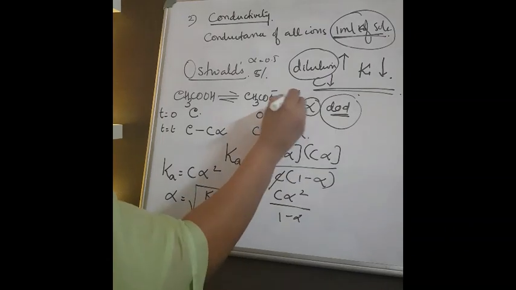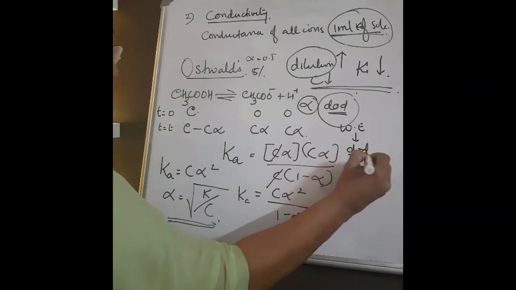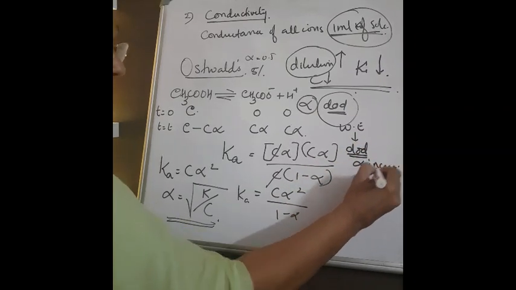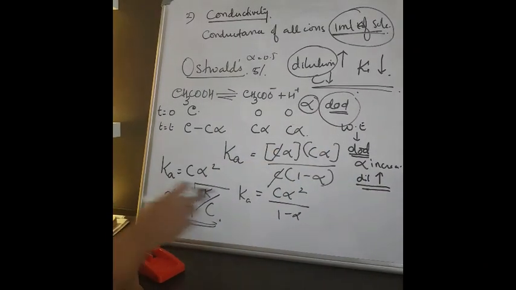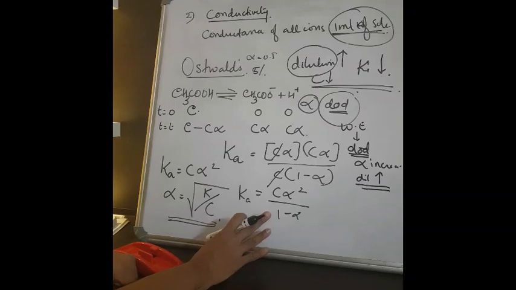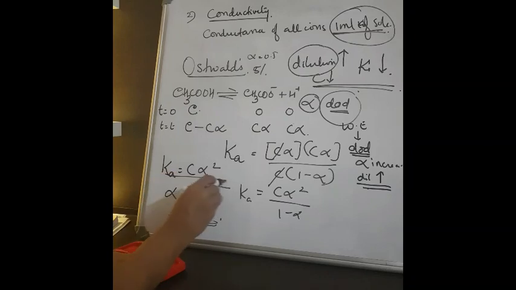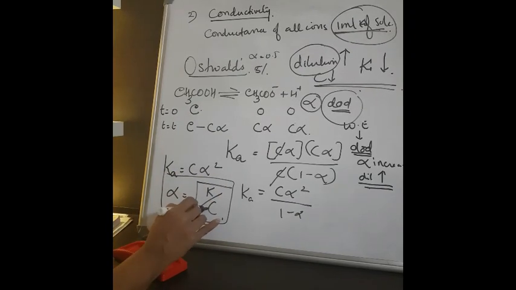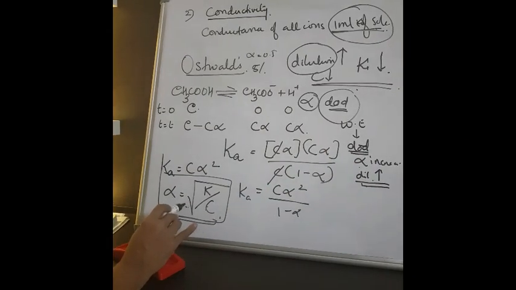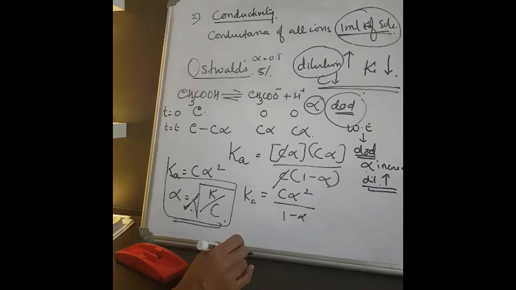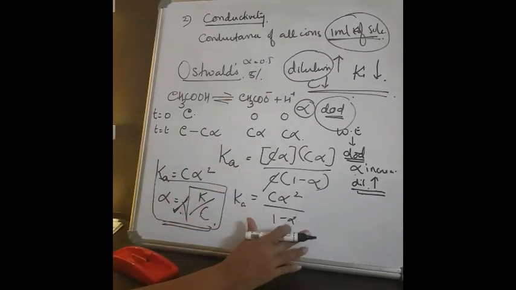That is, for a weak electrolyte, what happens? The degree of dissociation is increased while diluting or decreasing the concentration. You got this? Is it clear? No need to study this, just if you want, you can have this. That is just how alpha is related. We want to know that this alpha increases on increasing the dilution. That's what we get from this equation. So just keep in mind this degree of dissociation of a weak electrolyte.